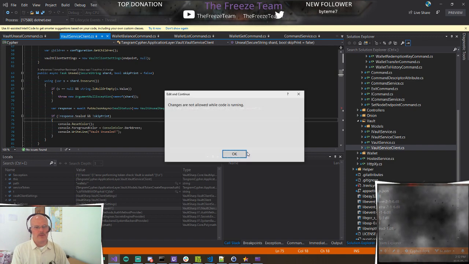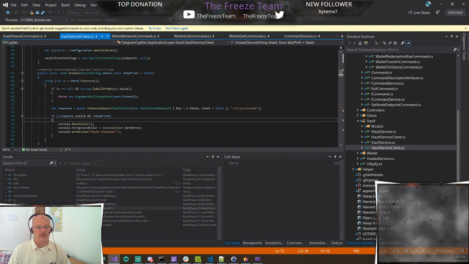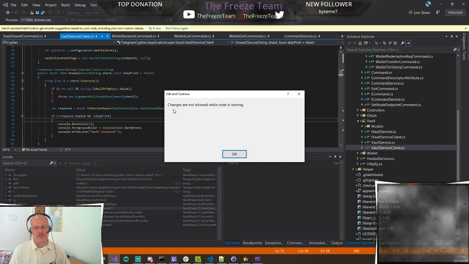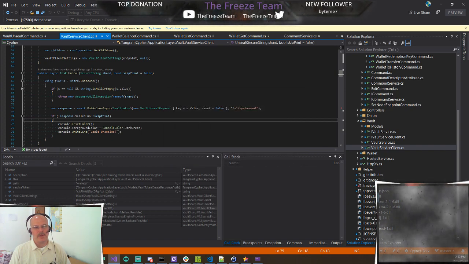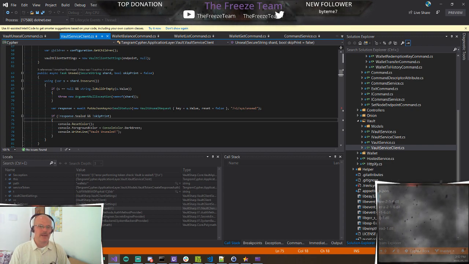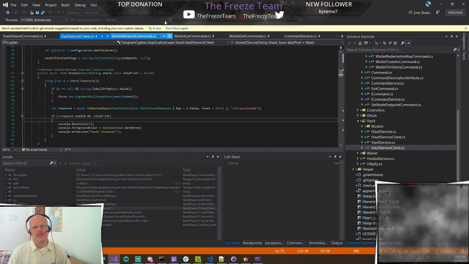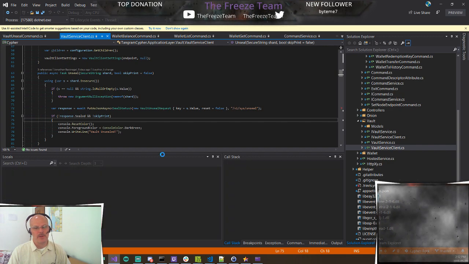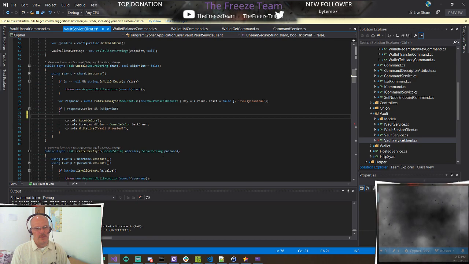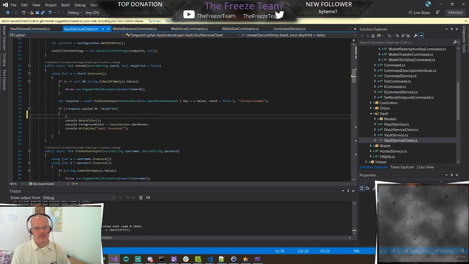So you could do in here, this has got to be the most annoying thing: change or not allow while code is running. When I want to modify my code, I probably will always, about 99% always, at least, supersede the fact that I'm running, and I actually really want to change my code. So if I came in here and I just said